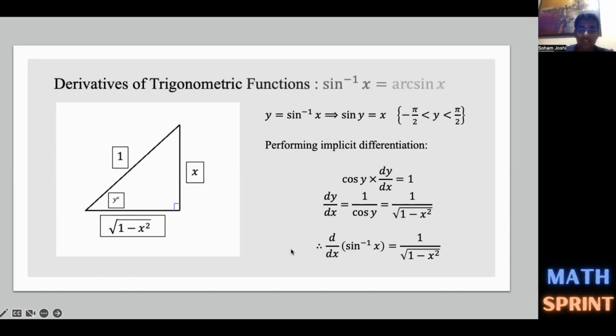Now, let's move on to the derivatives of inverse trigonometric functions. The first one, the derivative of arcsine of x. Take a look at the triangle on the left. First, perform implicit differentiation with this scenario, and you can conclude eventually that the derivative of sine inverse of x, or the derivative of arcsine x, is equal to 1 over the square root of 1 minus x